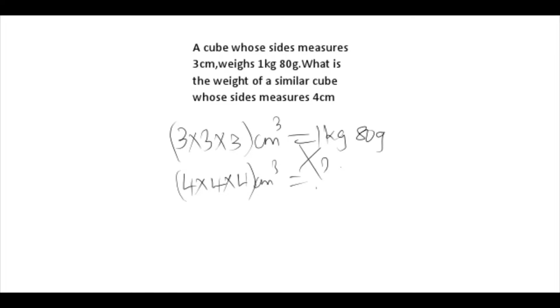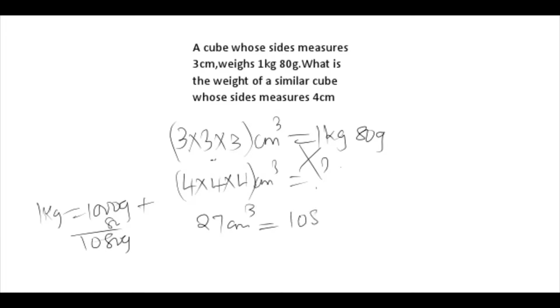So 1 kg is equal to 1000 grams. So 1 kg and 8 grams will be the same as 1000 plus 8, so we have 1008 grams. So we have 3 times 3 is 9, times 3 is 27. So we have 27 centimeters cubic equals 1008 grams. What about 4 times 4? 4 times 4 is 16, times 4 is 64. So what about 64 centimeters cubic, will be equivalent to how many